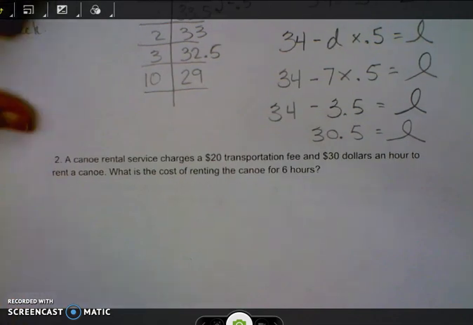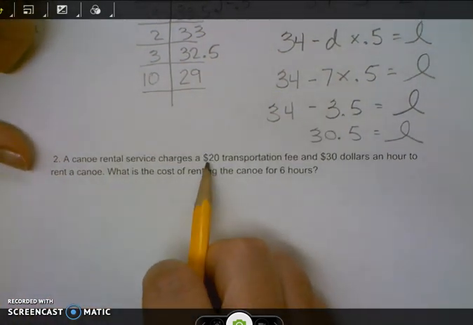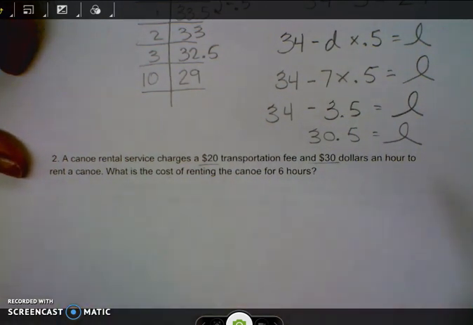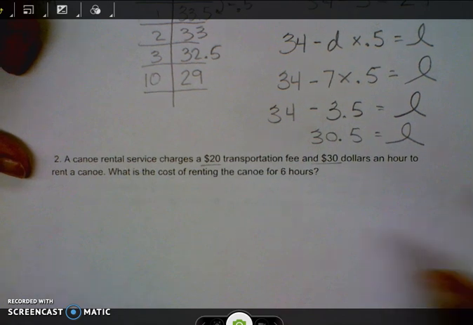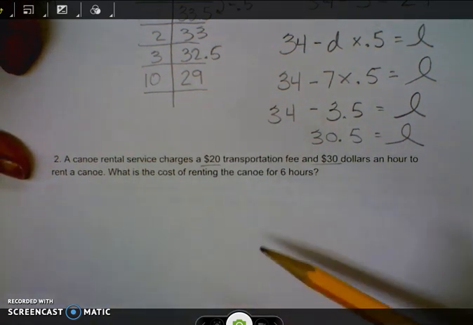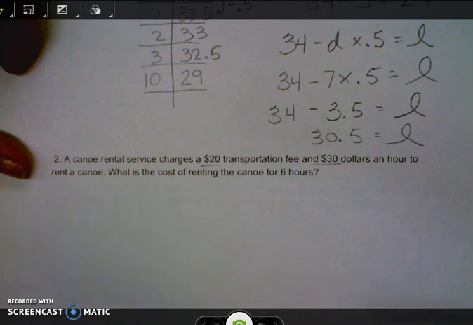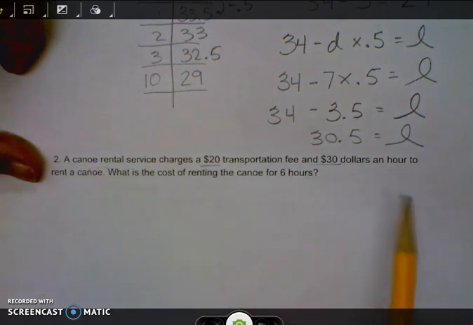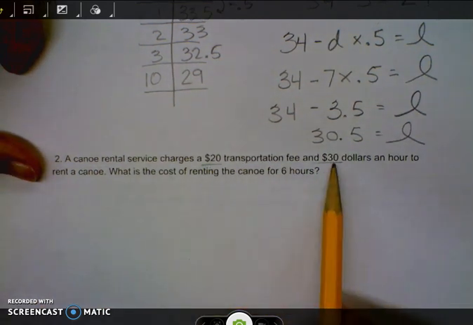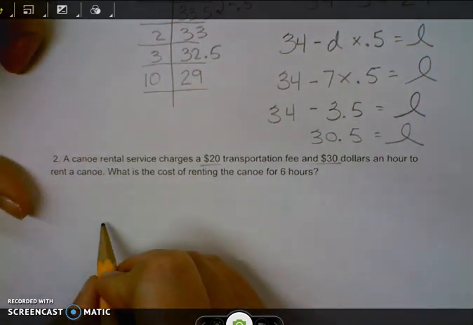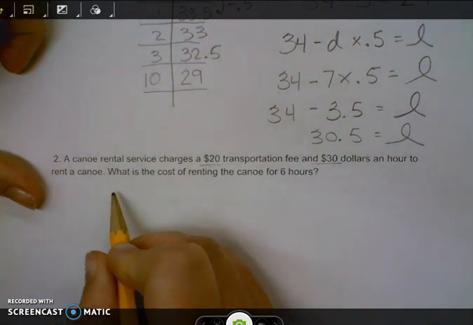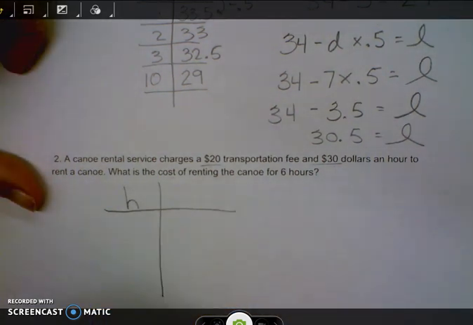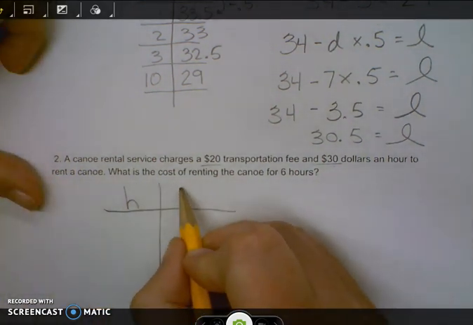Number 2 says a canoe rental service charges $20 transportation fee and then $30 per hour to rent a canoe. We want to know the cost of renting a canoe for 6 hours. So again, I'm going to do my read, variables, table, equation, check. So my canoe rental charges $20 transportation and $30 an hour. So I need to know my variables. So I need to know how many hours I rented it for, and then my C, the